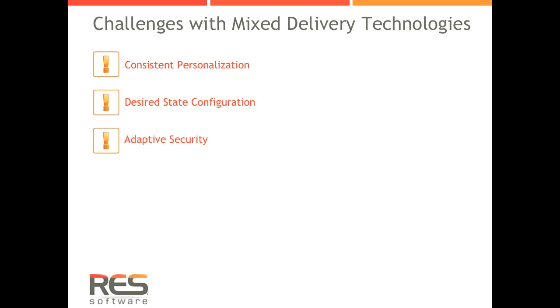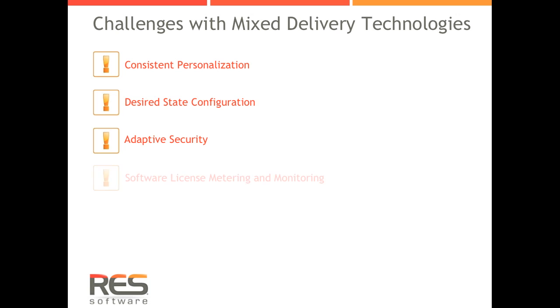So let's look at the challenges when using mixed delivery technologies. First of all, it's a huge challenge to deliver consistent personalization, making sure the user has the right experience on different types of desktop. On top of that, the desired state configuration of a desktop represents a huge challenge. It's very difficult to predict and guarantee that the desktop is in a certain state. When it comes to adaptive security, the challenges are even greater. For example, if we separate the desktop from the user by offering remote or virtual desktops,